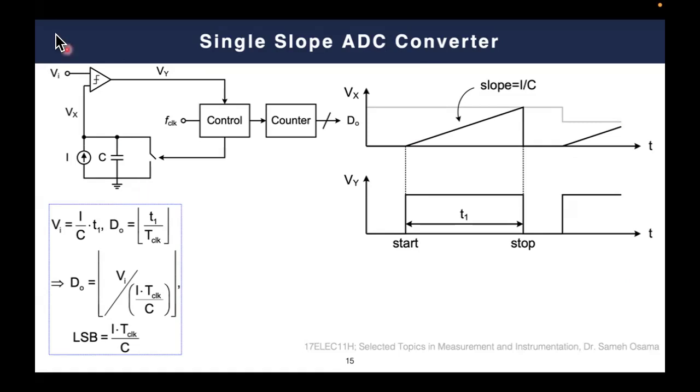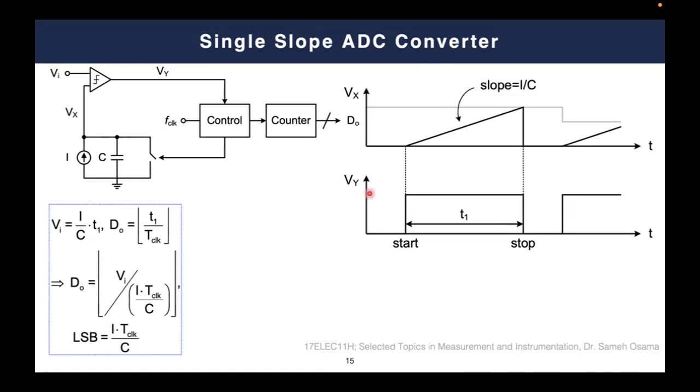So we can say that V input, we know, of course, that I equals C dV by dt. So from this perspective, we can say that the V input is proportional to the current over the capacitance times the time, where T1 here is the time taken for the ramp signal to intersect with the input signal. This duration or the number of counts here is simply T1 over T clock. So this is the T1, which is the overall time taken by the V input, and T clock, of course,